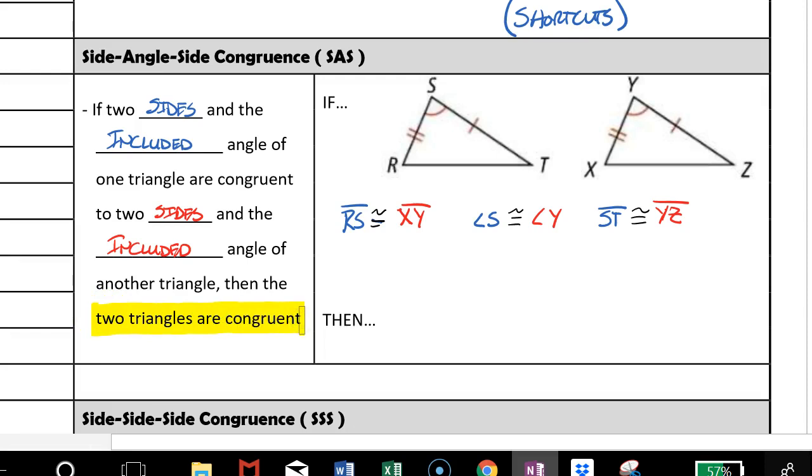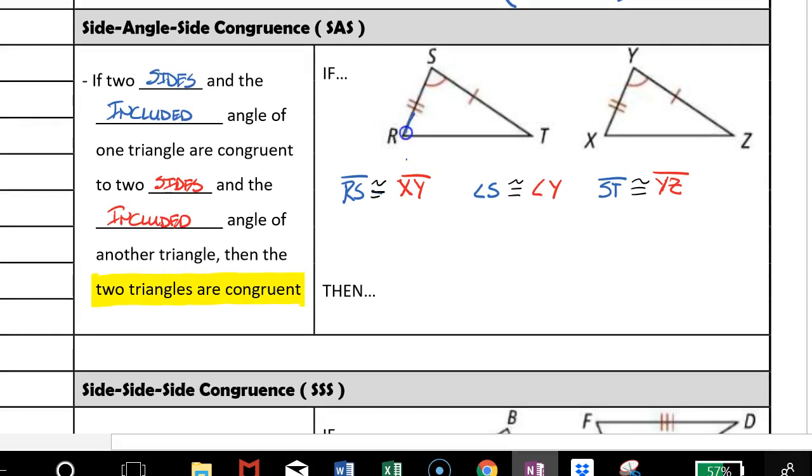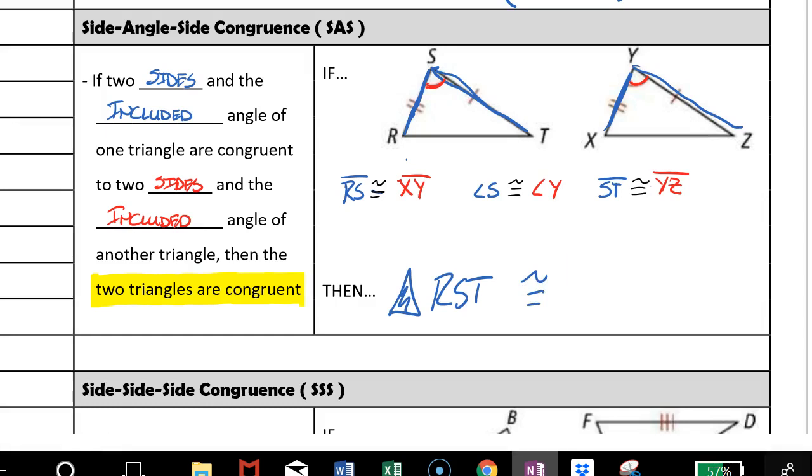So again, the shortcut is if I can show that 2 sides and an angle that falls between them are congruent, that's enough information for me to say that the entire triangles are congruent. If we look at our diagram, what we're saying here is that if RS is congruent to XY, if we can say that angle S is congruent to angle Y, and we can show that ST is congruent to YZ, then we can say that the full triangle RST is congruent to triangle